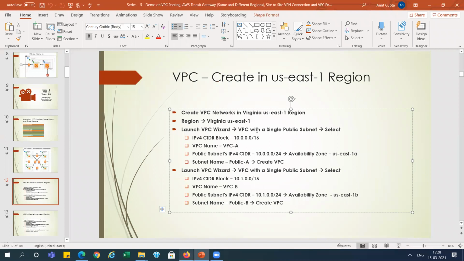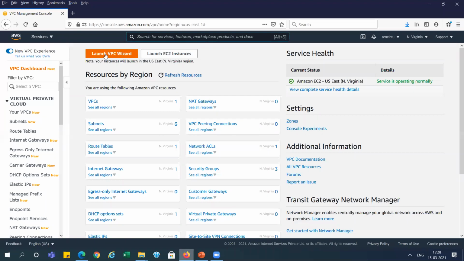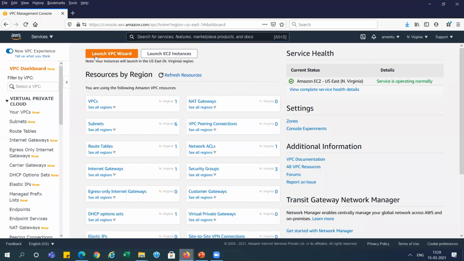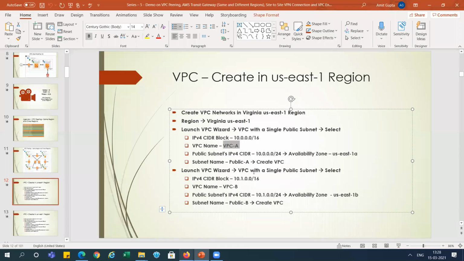So you can see we can go and create a single subnet, and we need to give the name VPC A, right? So we'll go and launch the VPC dashboard here. There are multiple ways; in the POC I've covered all those things. Sometimes I will use this launch VPC widget, and sometimes I will create a VPC, subnet, route table and internet gateway separately, right? So here in this pairing, I am using that widget. In the next POC, we'll see a different approach. I've used multiple approaches so you can understand all those processes for creating VPCs, right?